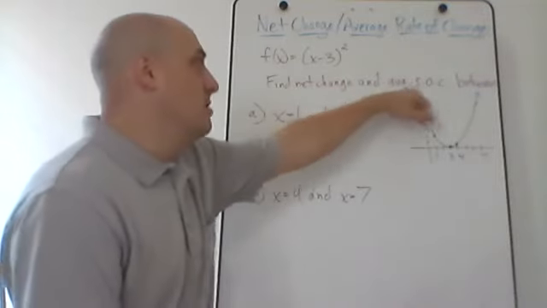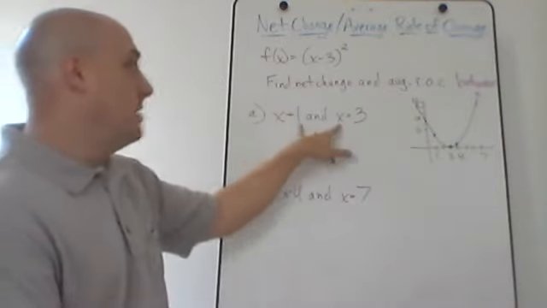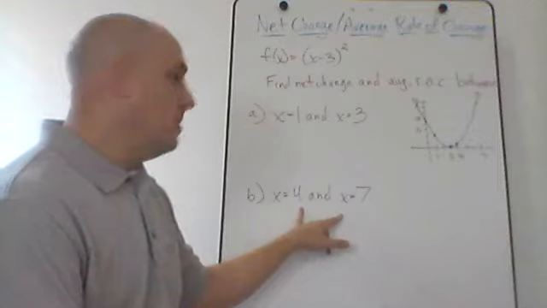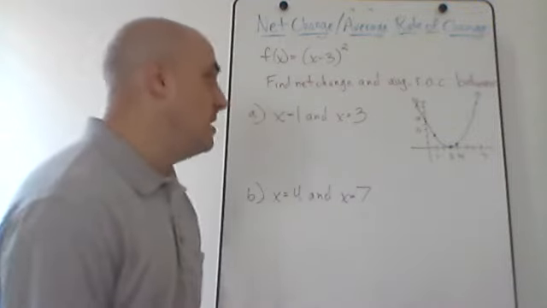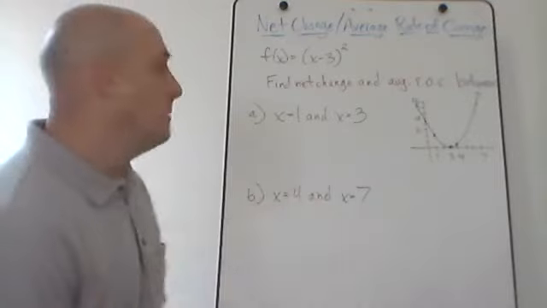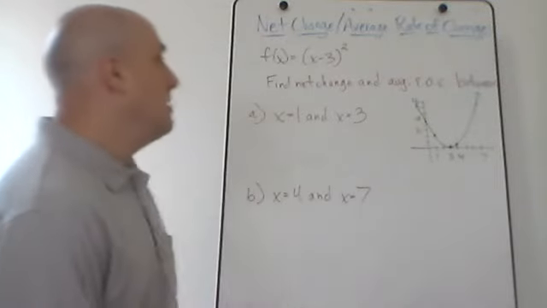So just average ROC, that means average rate of change, between the points x equals 1 and x equals 3, and the points x equals 4 and x equals 7. Alright, so I need to get the net change and the average rate of change between two different sets of points. Alright, so for the first part, for x equals 1 and x equals 3,